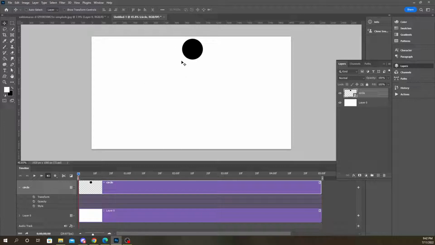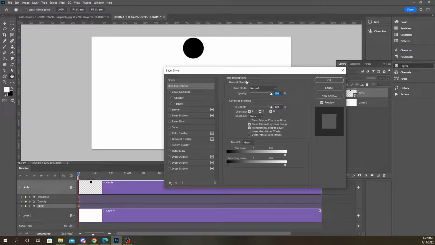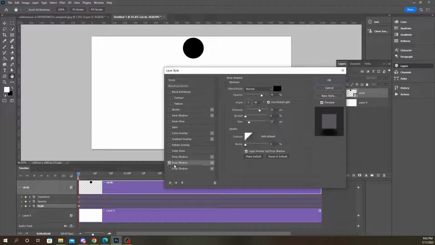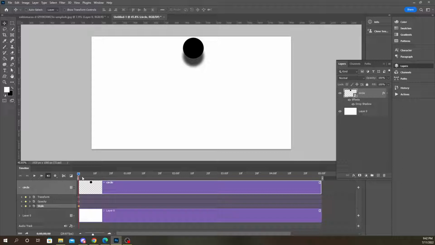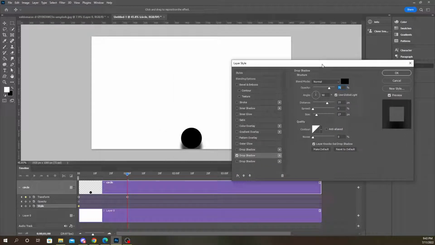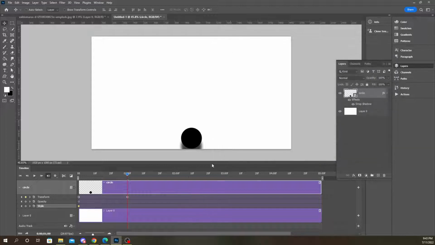So we could say the ball starts here by setting a keyframe there. So the position is saved, but also the size of the ball. Let me turn on opacity and style again and add the drop shadow. And then let's say at 1 second, we want this to be down here. And maybe also at the same time, actually before I do anything, let me make sure I add a keyframe for my,